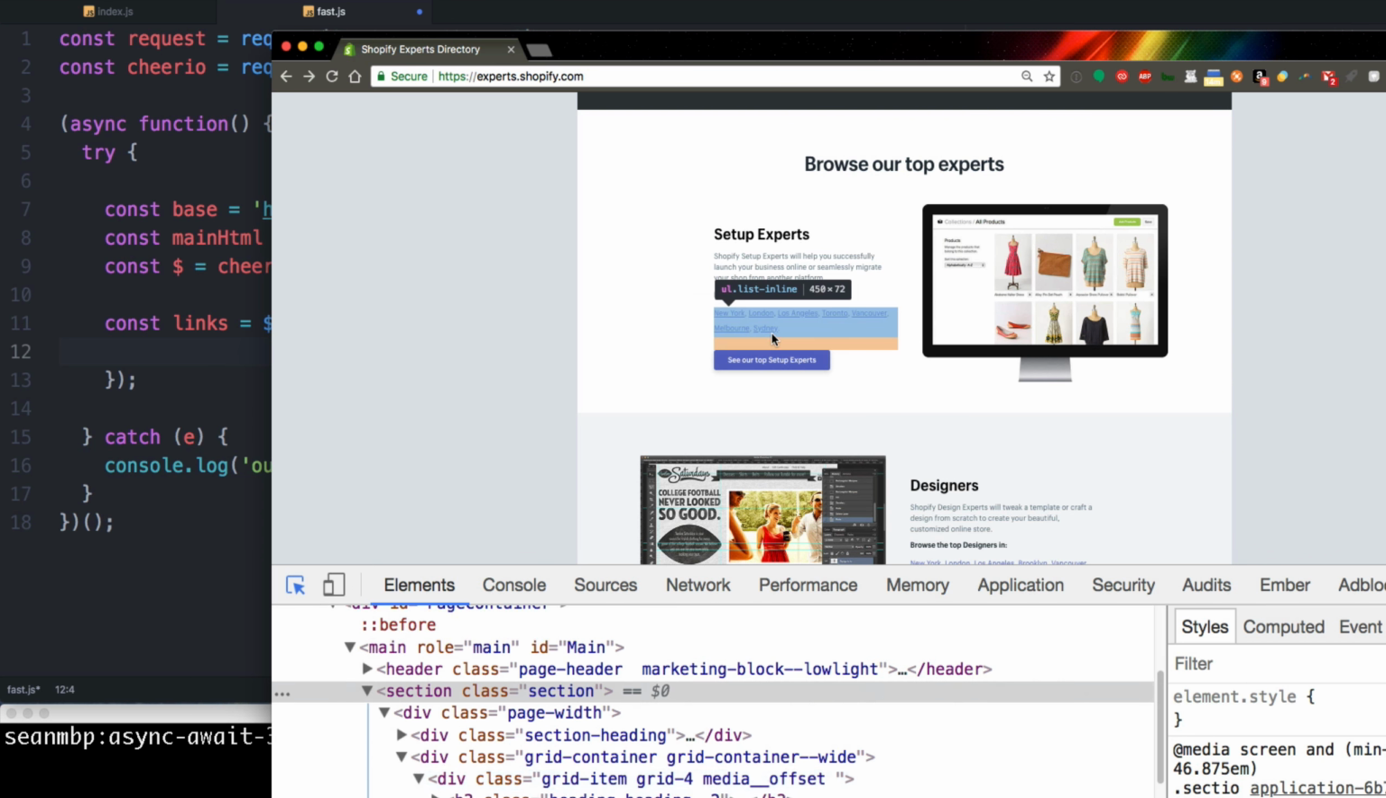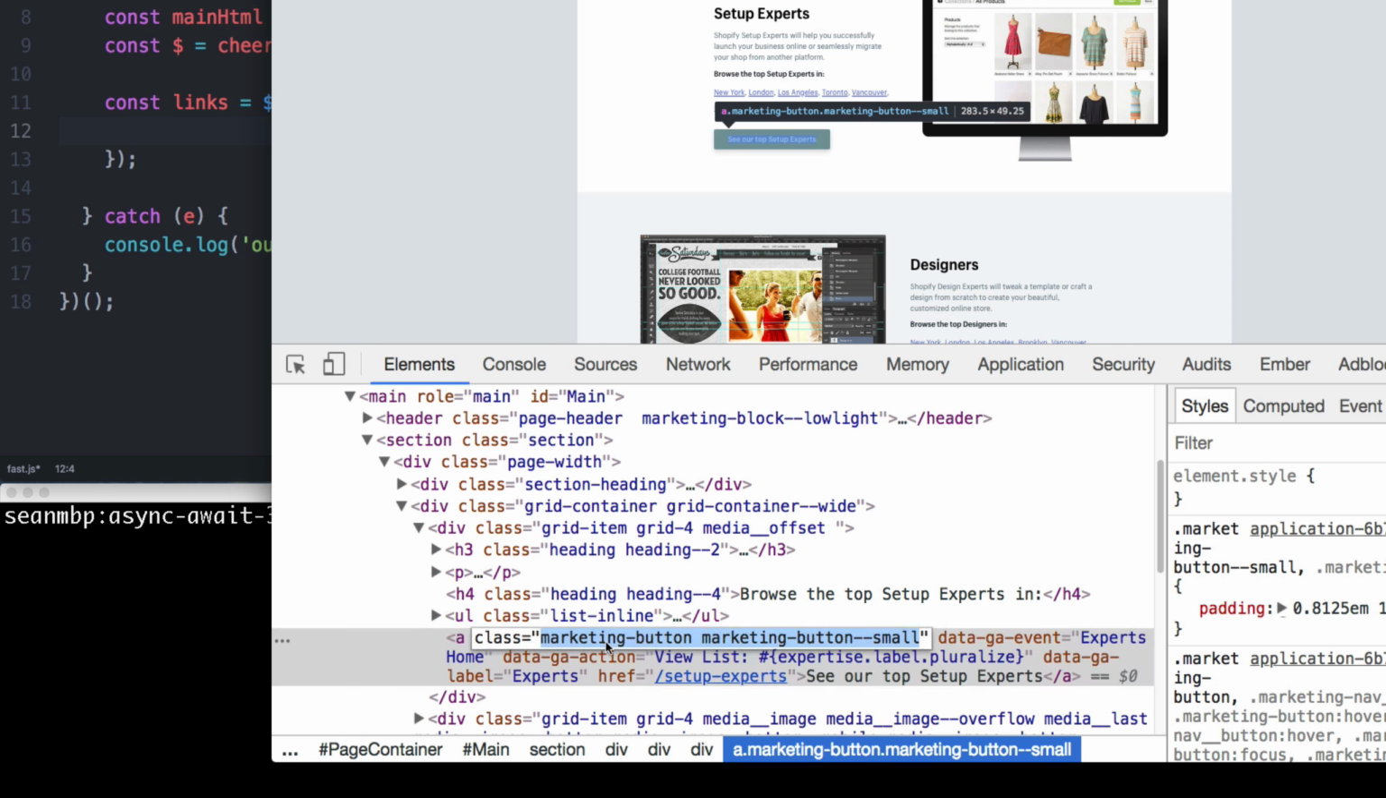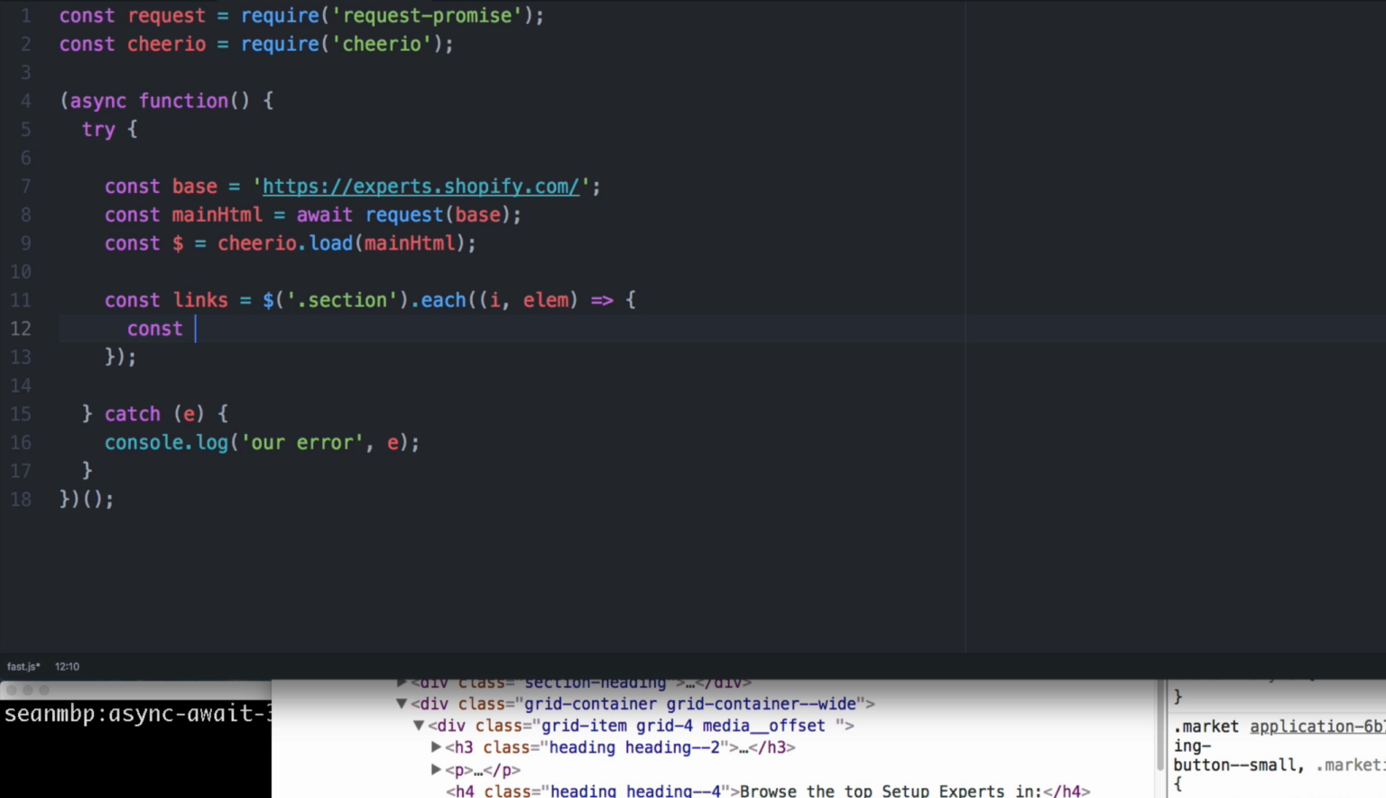And so that button is a .marketing button. There you go. So we're going to say const, and I'm going to put a $ sign because it's going to be a Cheerio object, equals we're going to wrap elem, which is our current section, .find. So again, this is just like jQuery. So I'm wrapping this quote unquote DOM element, and I'm quoting because it's not really a DOM element, but we're going to wrap it in Cheerio